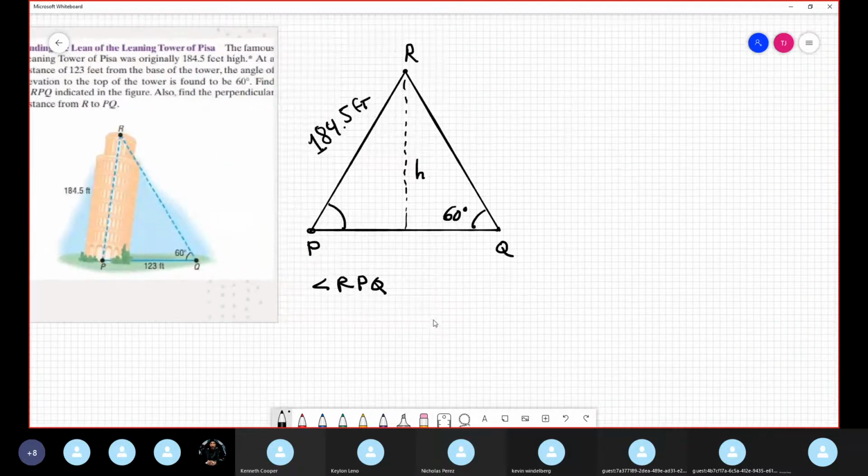I put sine of the angle R. This is the angle R. Suppose sine angle R divided by 123, because this information is given, no? 123 feet